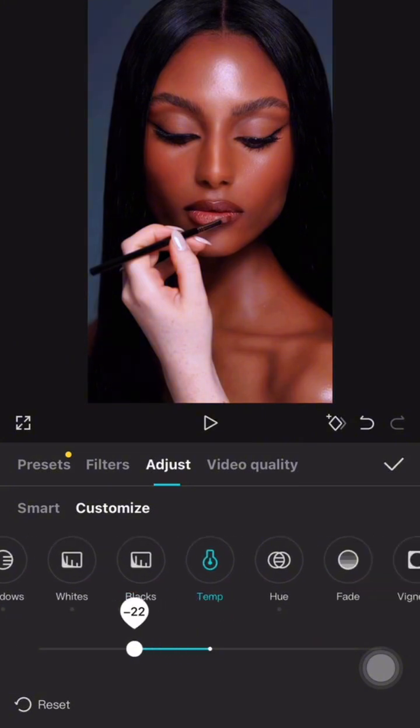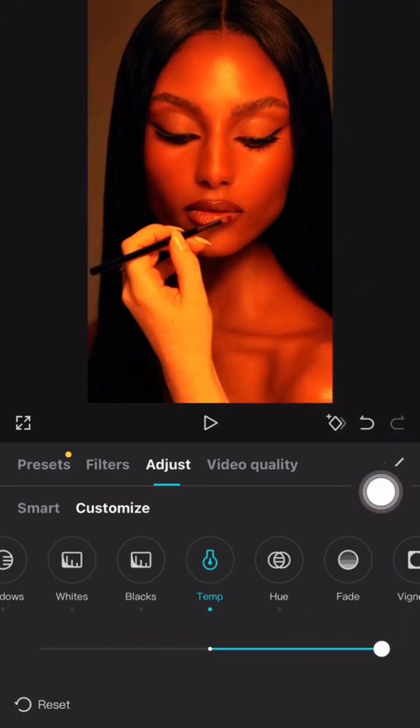Then for temperature, do you want it to be cool? Cool is going to give you this bluish vibe, while warm is going to give you more yellowish vibe. Okay,